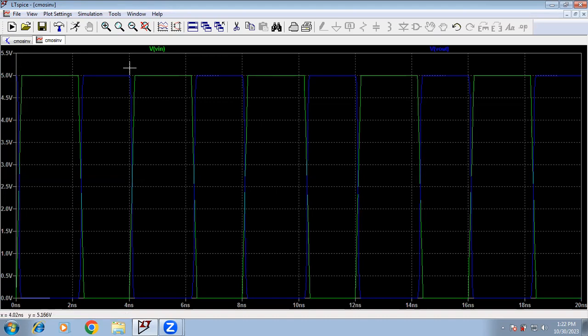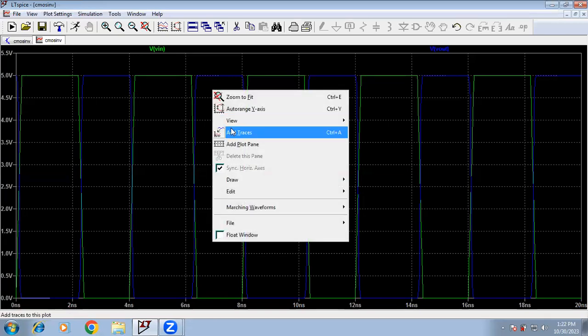This green color is your Vin from 0 to 5 volt, and then again from 5 to 0 volt, it is a pulse from 0 to 5 and 5 to 0, and the blue color is the complemented output. This perfectly gives the characteristic of an inverter. If this graph is not visible clearly,